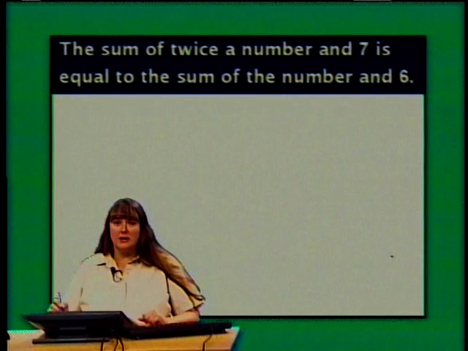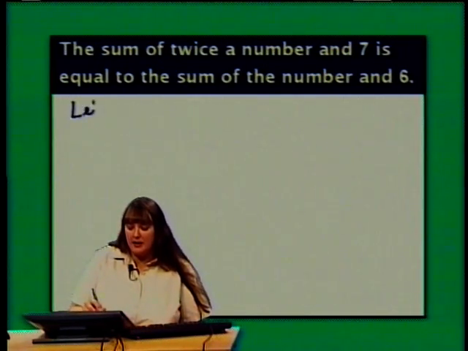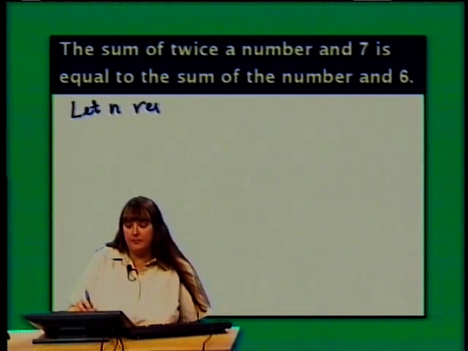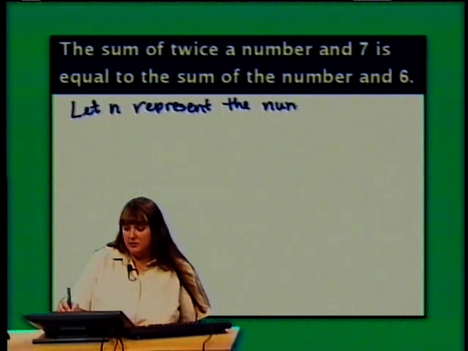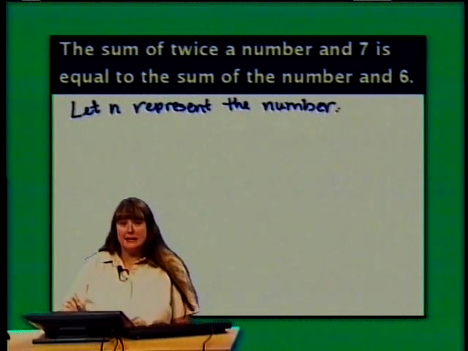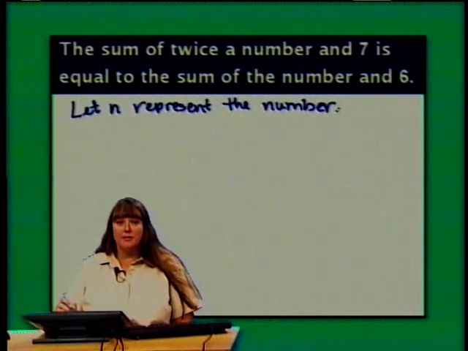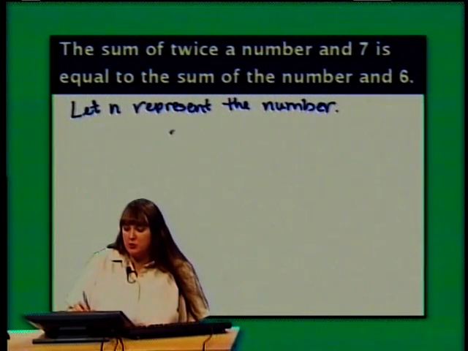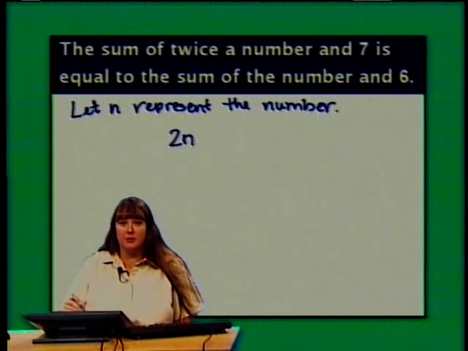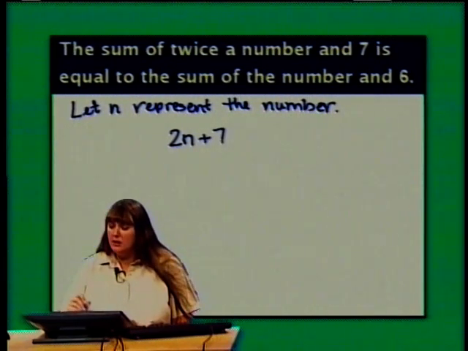So I have an unknown here. What is that number? So I need to define a variable. So I'm going to let n represent the number. Then I need to write the equation that I'm going to solve. I'm told the sum, which keys me into addition, of twice a number and 7. Twice a number means 2 times the number. So 2 times n, what I'm calling the number, plus, because we're looking at a sum, 7,